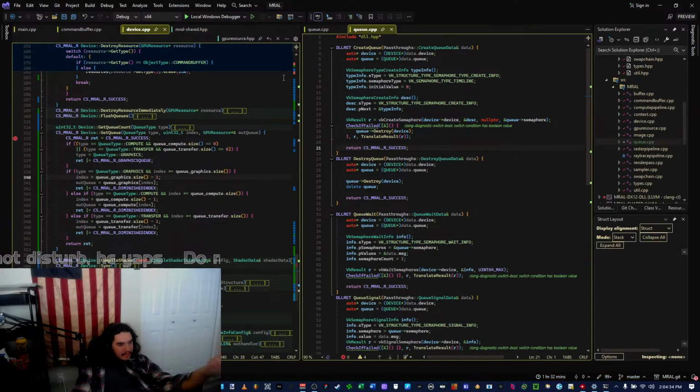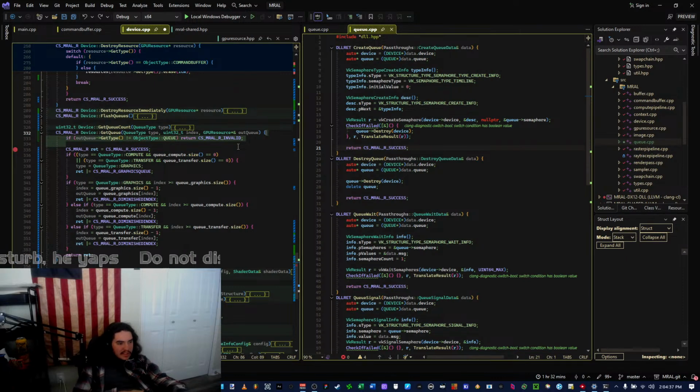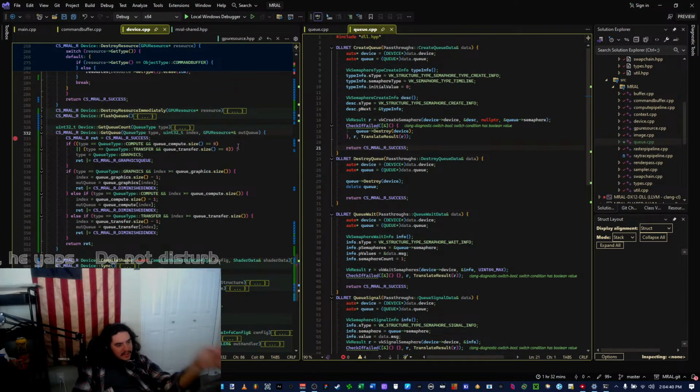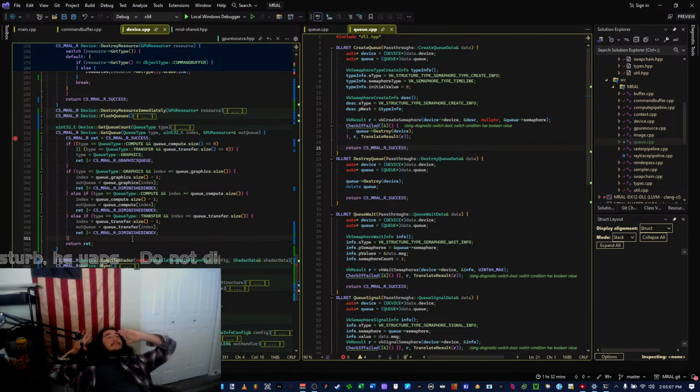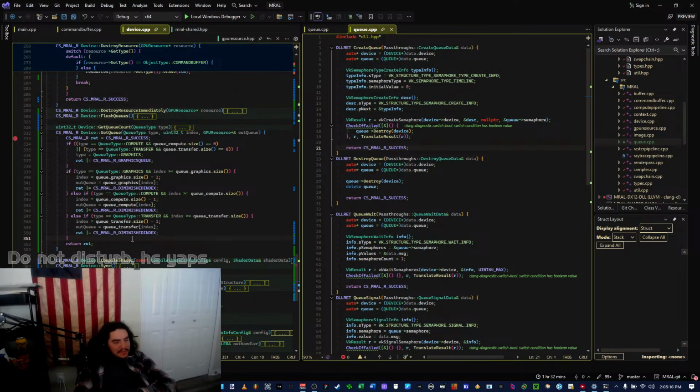Hold up. Pause, dog. How did I do that? I quite literally wrote code to only set the out queue if the index was greater than or equal to a queue size. I literally never wrote the code to get an in-bounds queue. Only out of bounds queues. Magnificent programming right here. Dog, this is beautiful programming. Absolutely gorgeous.